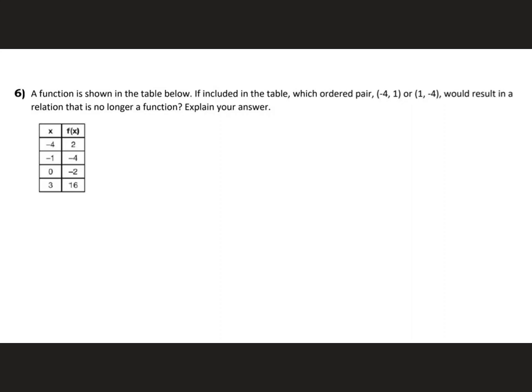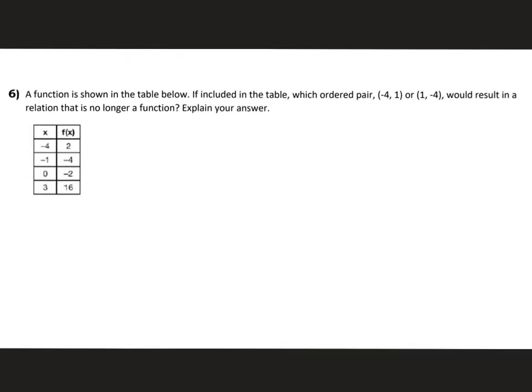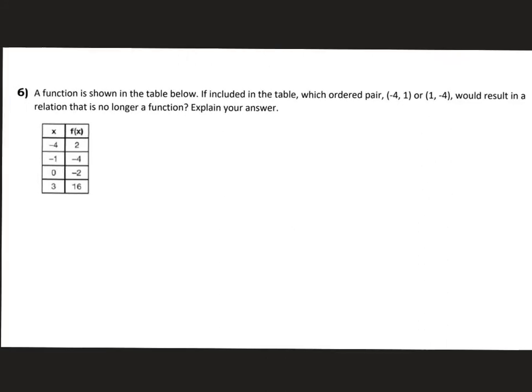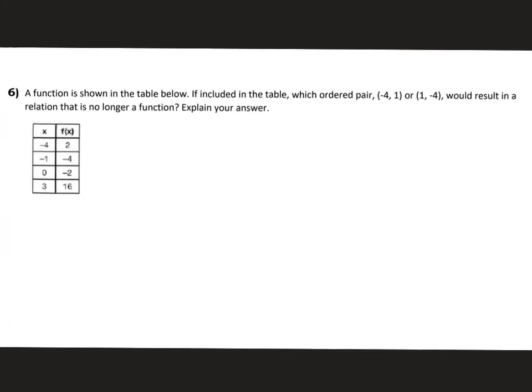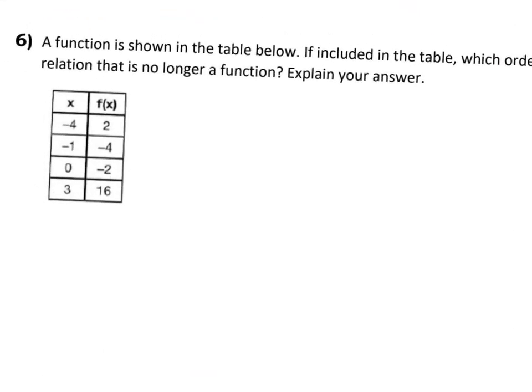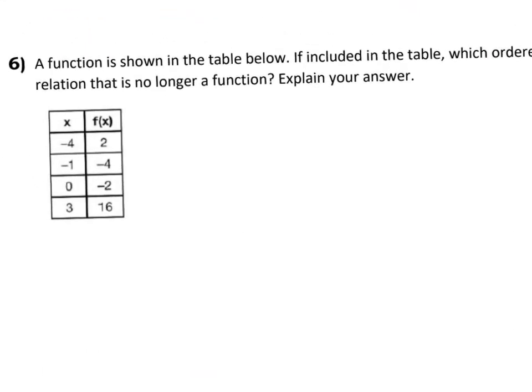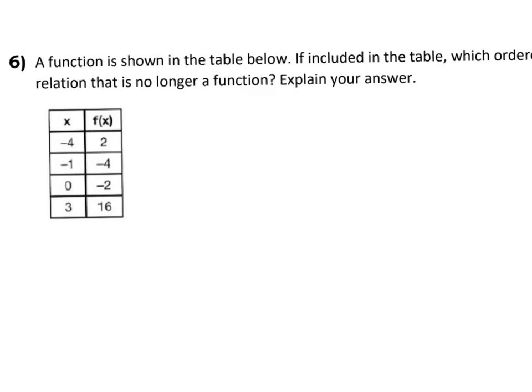A function is shown in the table below. If included in the table, which ordered pair, (-4, 1) or (1, -4), would result in a relation that is no longer a function? Explain your answer. So, whenever you're asked to decide between two different coordinates to make your function not a function,